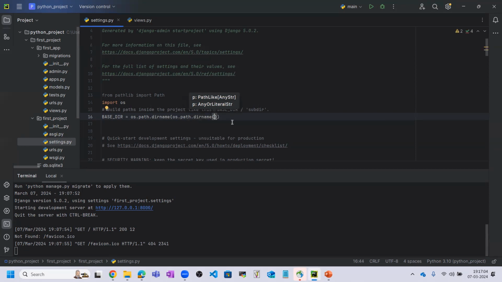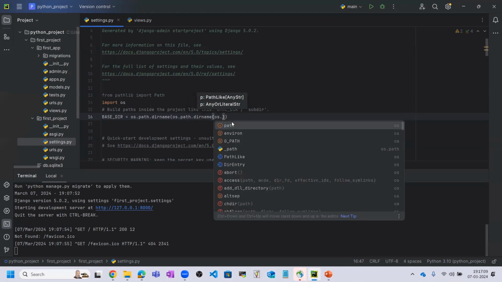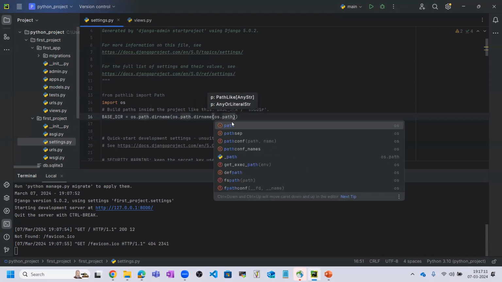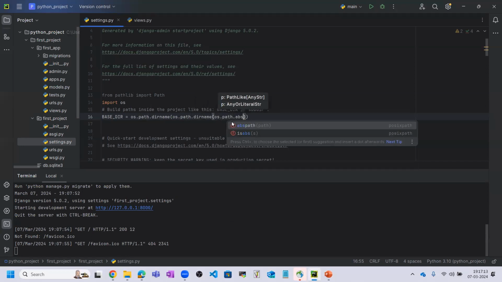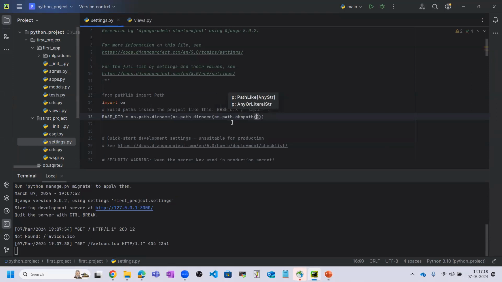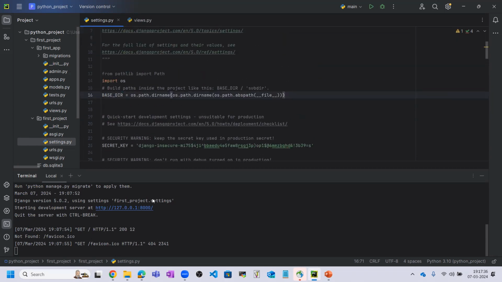And here we will use the absolute path, os.path.abspath. Inside that I will use the __file__ format. Okay, so this is basically the absolute path for showing the path